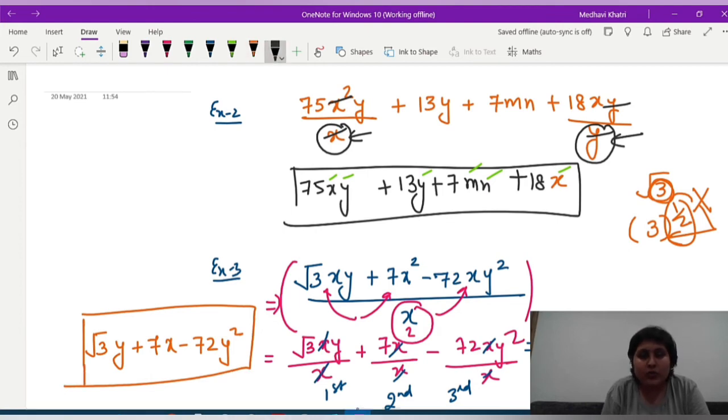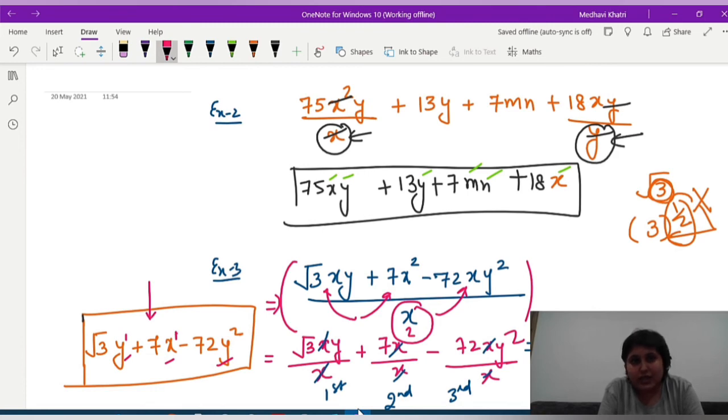Now we can check whether it is an algebraic expression or a polynomial. So now we have a reduced form of an expression. We have variables, constants and mathematical operations, so this is an algebraic expression. Now we'll be checking it for polynomial. Here we have the variable as a positive power, here also we have a variable as a positive power, and here also y has a positive power. So I can say that this will be called a polynomial as well as an algebraic expression.